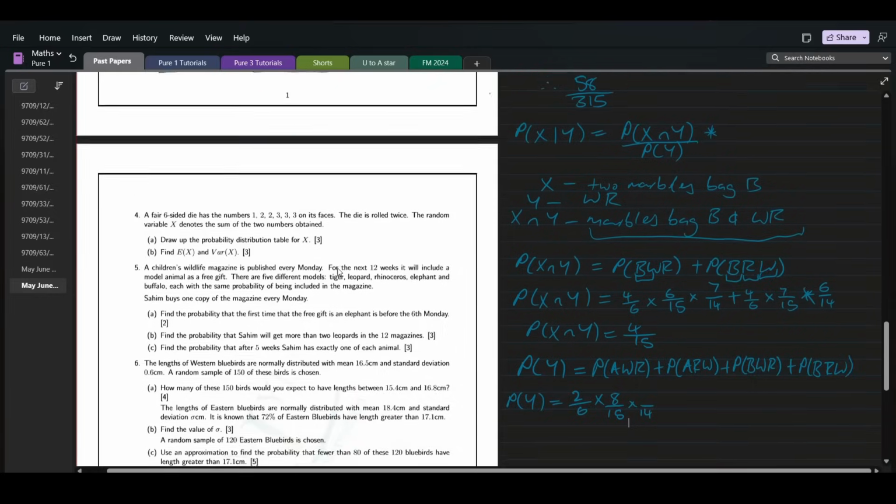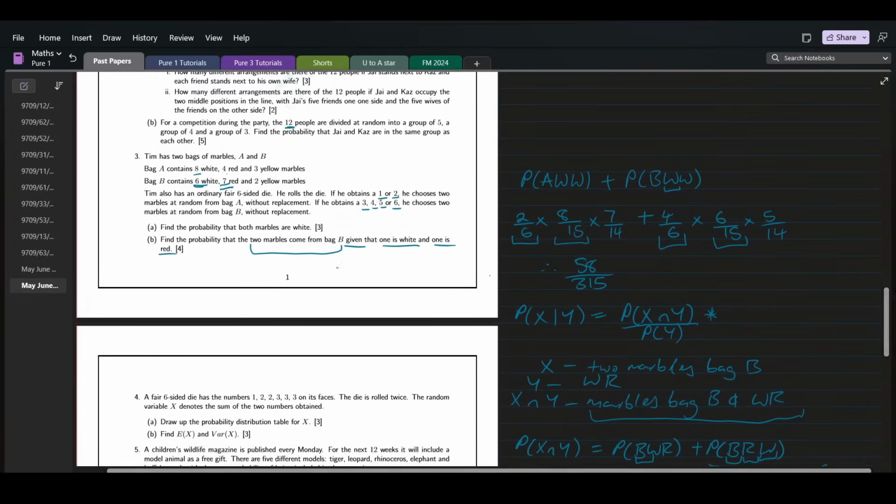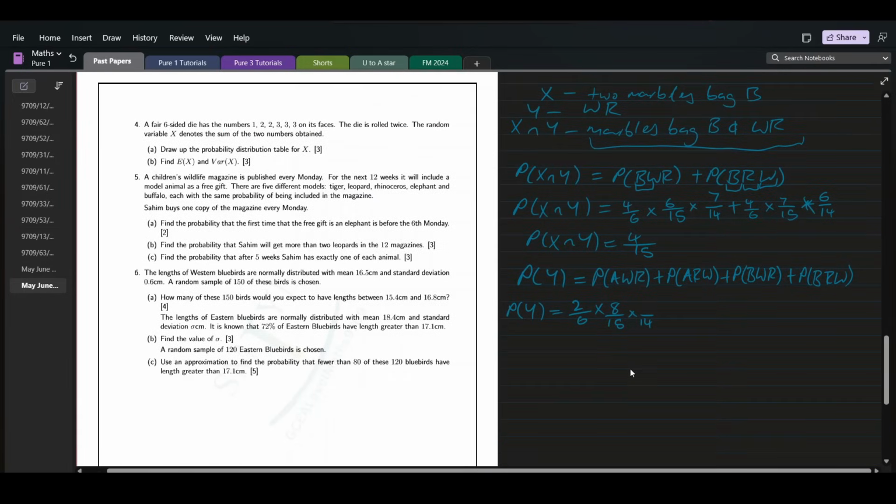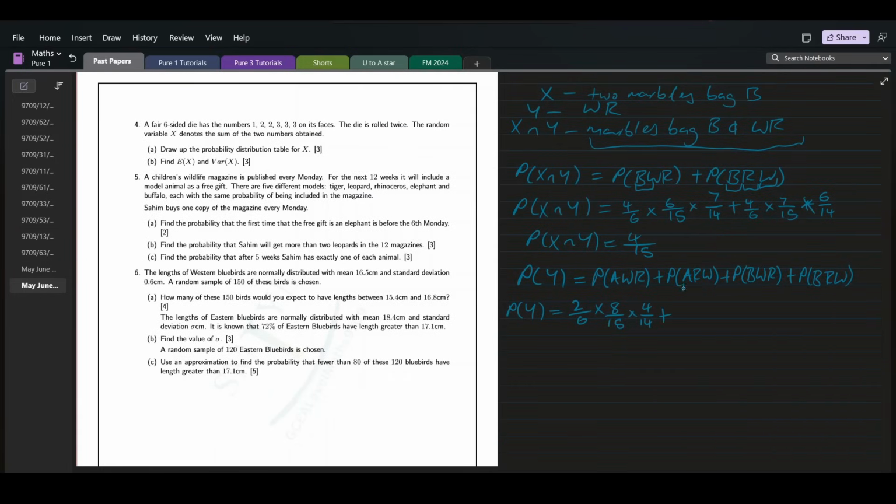How many red marbles do we have in bag A? We've got 4 red marbles, so it's 4 out of 14, plus the probability of picking